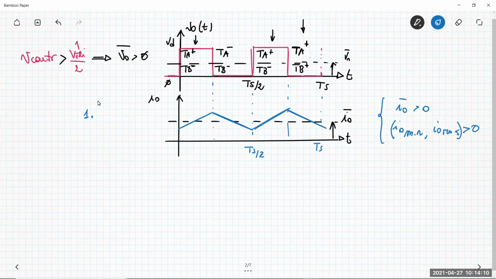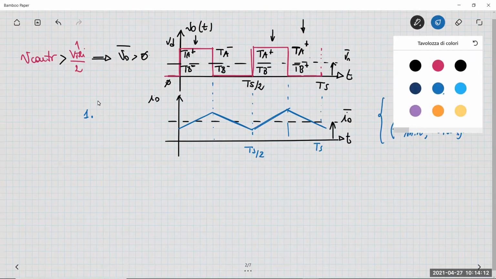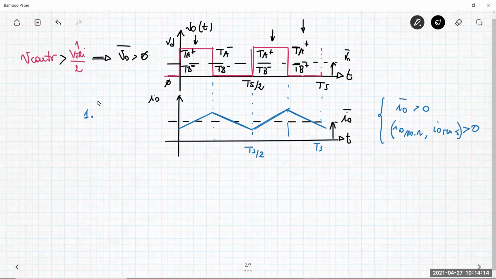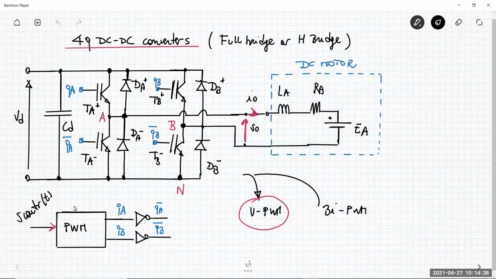Remember how you can get this value. Remember that the discussion here is about a two-quadrant converter, exactly estimating the behavior of the current. The basic assumption here is that I can replace all the switching power poles at the nodes A and B here,